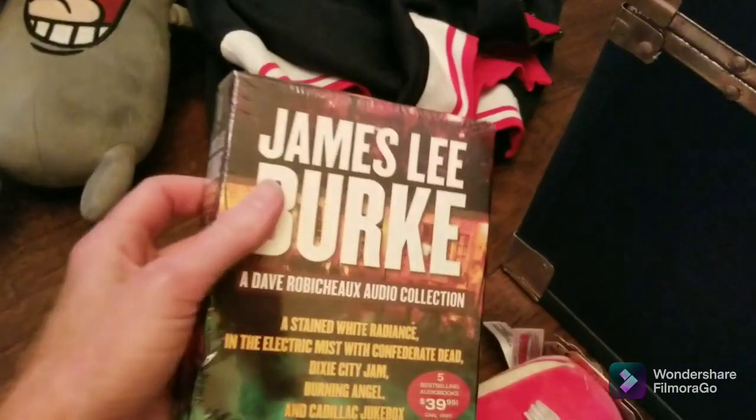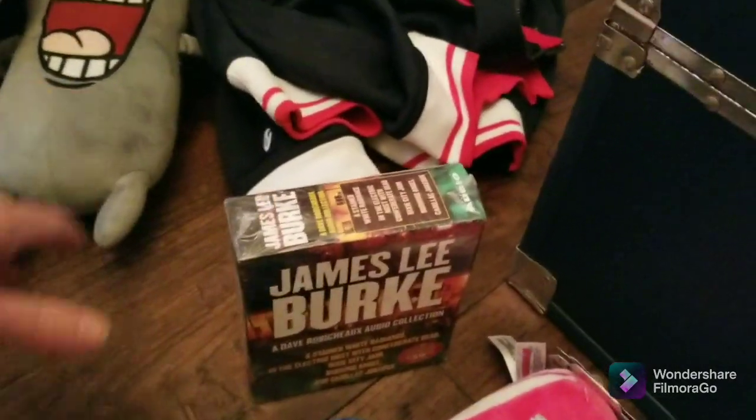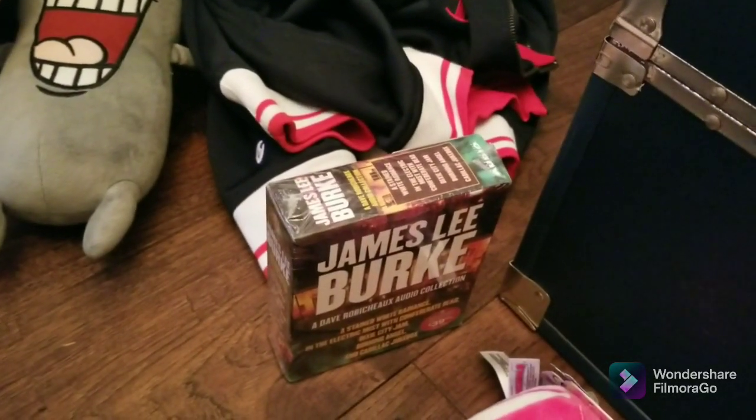It sold for $15. This little Cali horse sold for $15 as well. I think I probably paid 25 cents for it. This thing, fun story here. This thing sold for $45, but I put it in